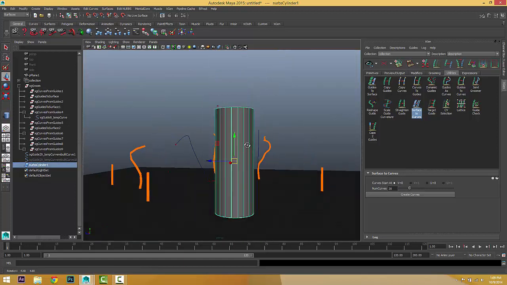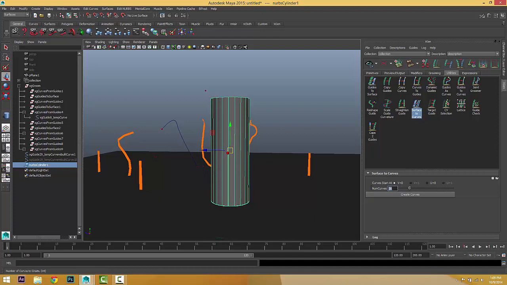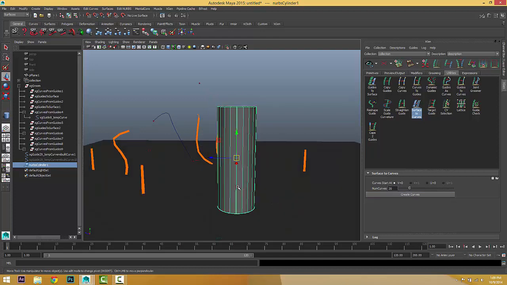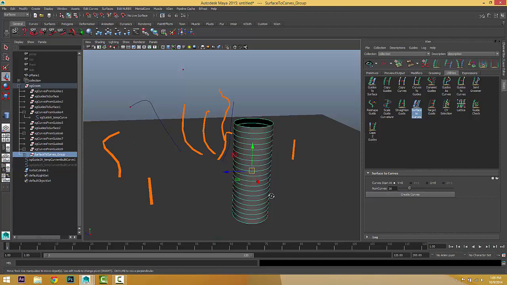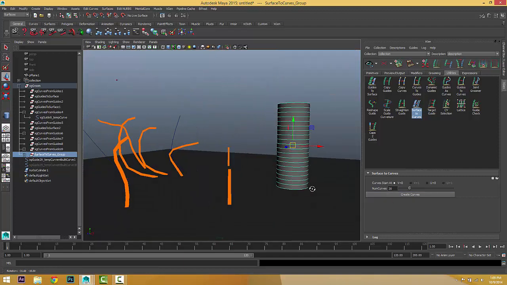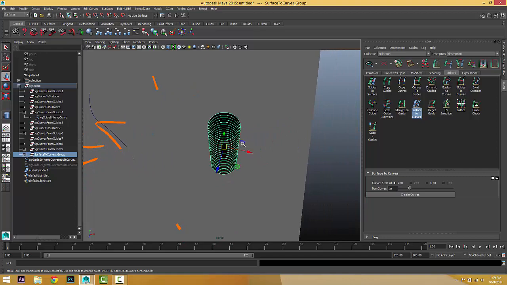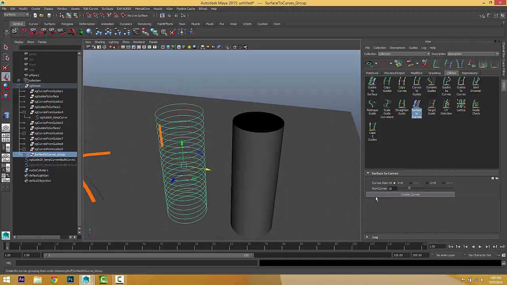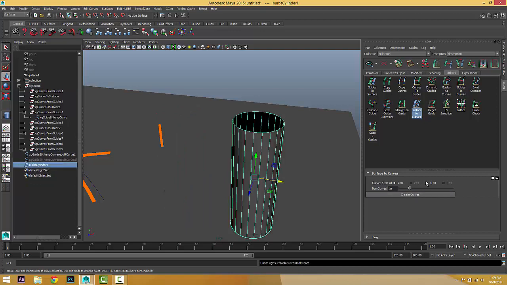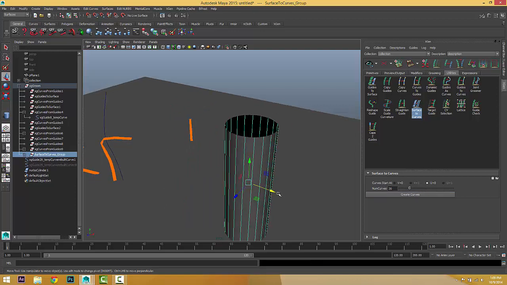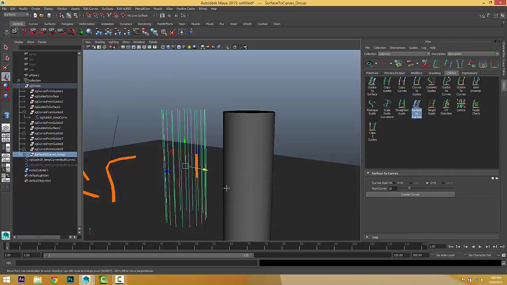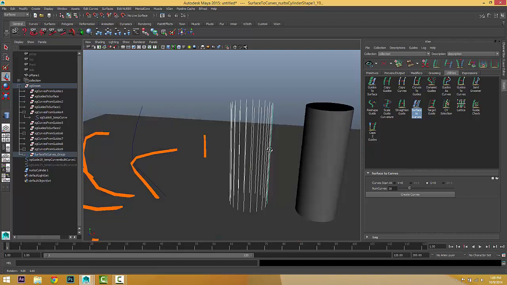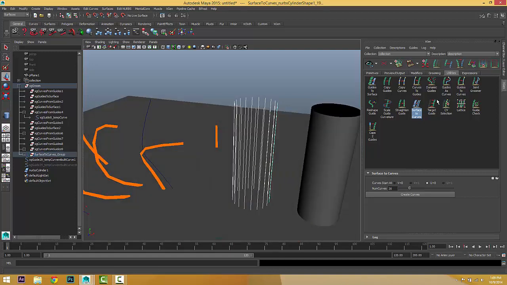I'd like to get 20 curves from this surface. Just create, and we got 20, but in the V direction. If we go back and choose U, we get 20 in that direction, which is exactly what I want. Now we can select all these curves and change them to a surface again.